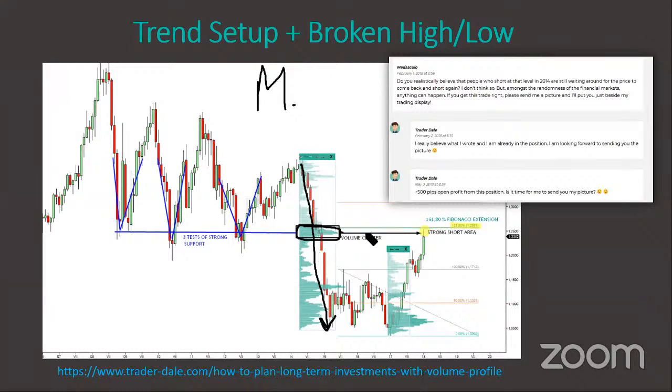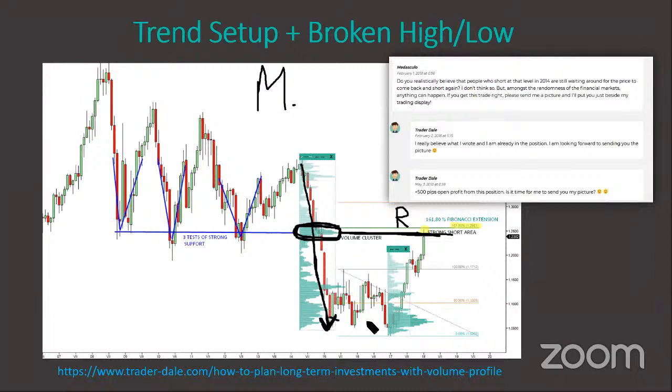So, heavy volume zone in a downtrend, resistance. The logic is that strong institutional sellers were pushing the price downwards. Then they were adding the short positions in here. That's at the heavy volume cluster we see there. And then they were pushing the price downwards again. So the information we had was that strong sellers were there. This was an important zone for the strong institutional sellers.